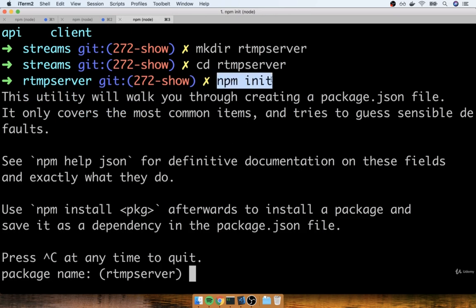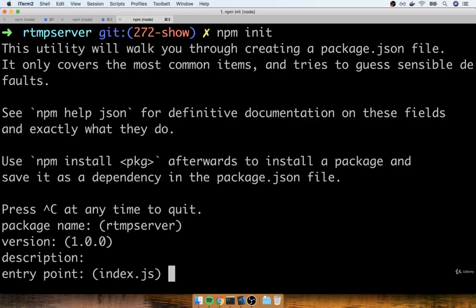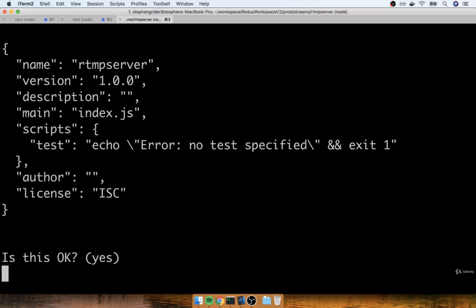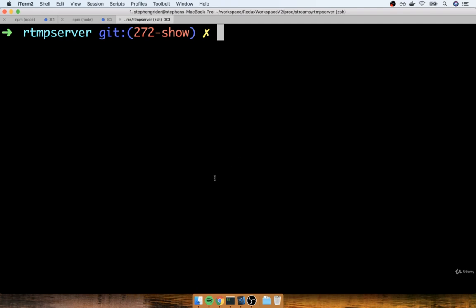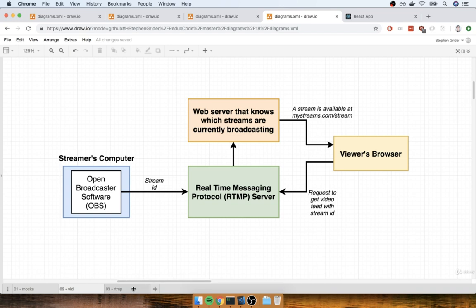Once I run npm init, I'll be prompted for a couple of different inputs, and I'm just going to hit enter to go through each of them. And I eventually get kicked back out to my terminal. Okay, so now that we've generated a package.json file, let me tell you about how we're going to put that